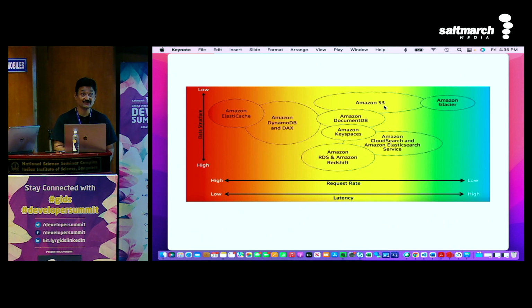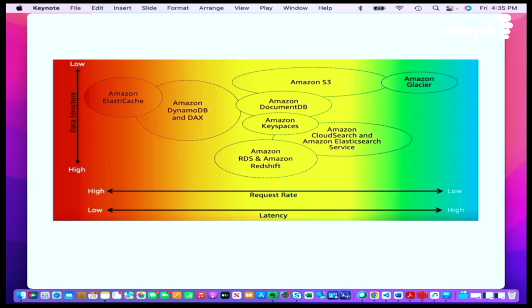Now, if you have an object store, it means the whole object is stored there. For example, a movie. How long is the movie? Like a 3 hour movie or 1.5 hour movie. That movie, what you're going to do is chunk the movie out. You're going to create different chunks and put those chunks in an S3 bucket, object store. And then you're going to play that movie.